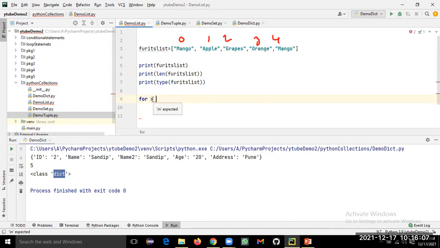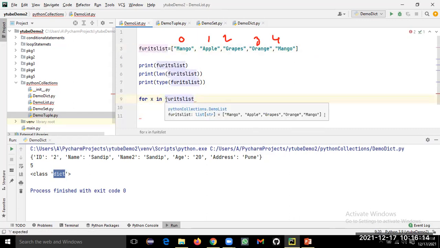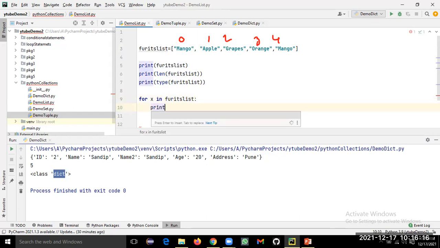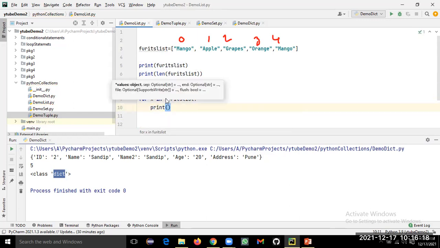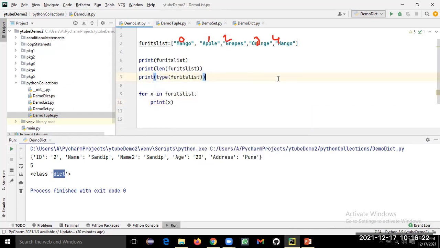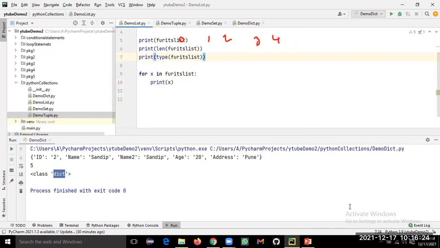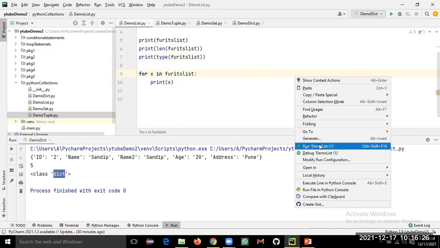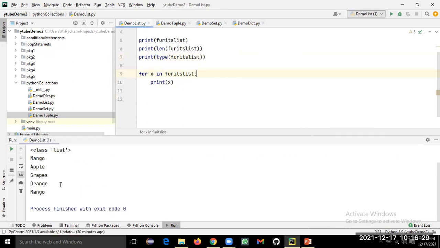I'll just use the standard naming convention X. In the list, colon, and you want to access the fruits, so X, you want to print it. On each line all the values will get printed: mango, apple, grapes, orange, and mango again.